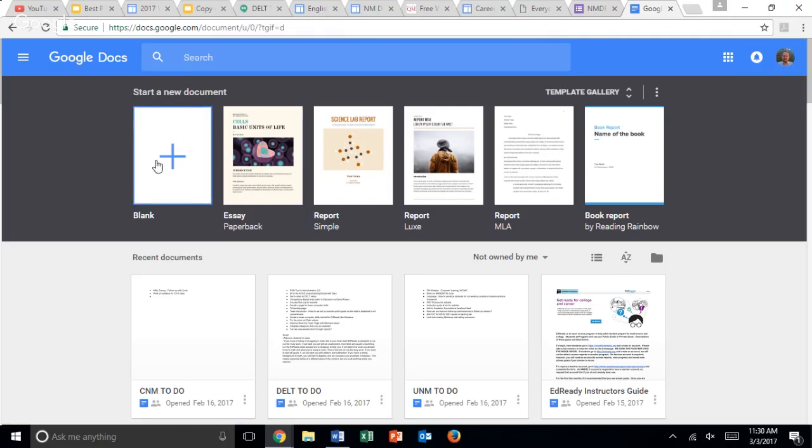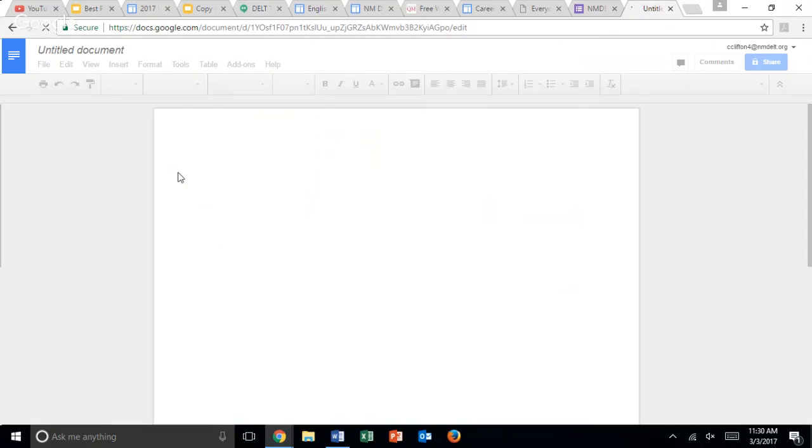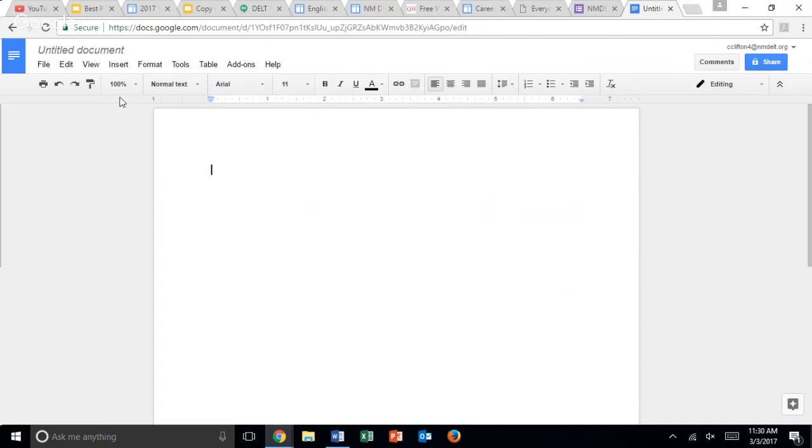Up here, I can create a new blank document. Here, I can get into some of the templates, and it is populating my more frequently used items down here. I'm just going to go in and create a blank Google document. Like I said earlier, don't stress about trying to find the save button. It's going to save for you